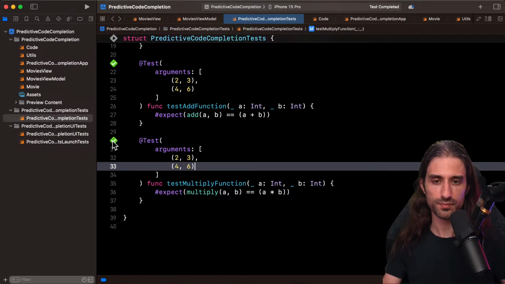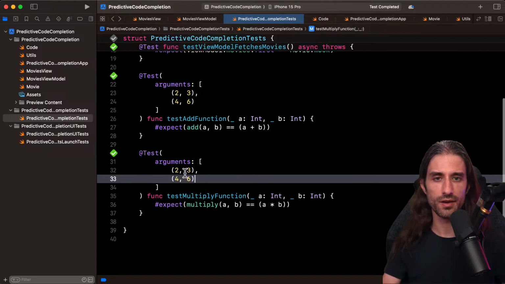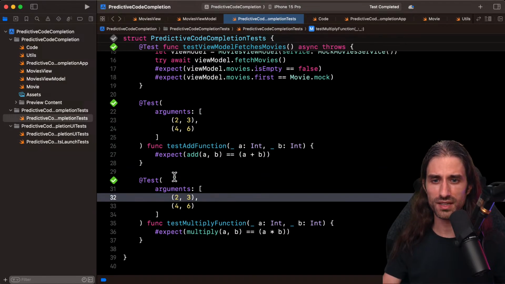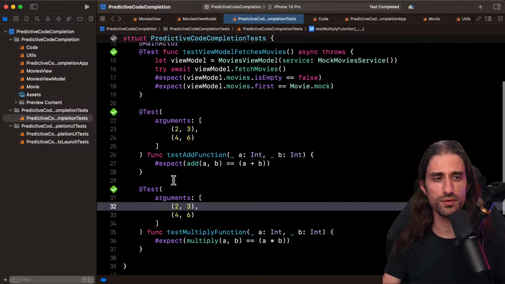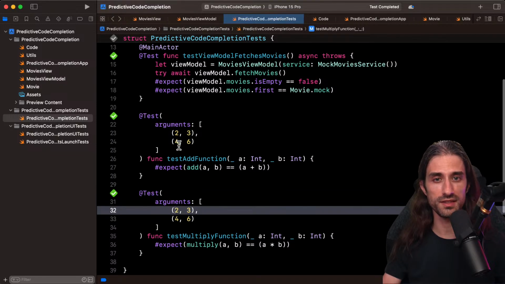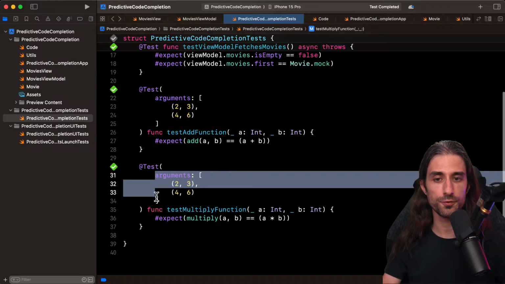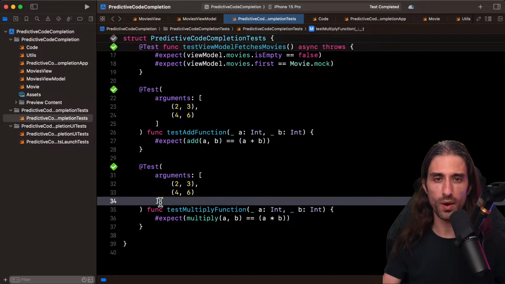But I'm sure that for now there are still ways to make it generate random data, and then you copy and paste it manually. But ultimately, once it is familiar enough with the Swift testing syntax, I think there is a lot of potential to be able to write tests that cover more cases without making much more effort as a developer.